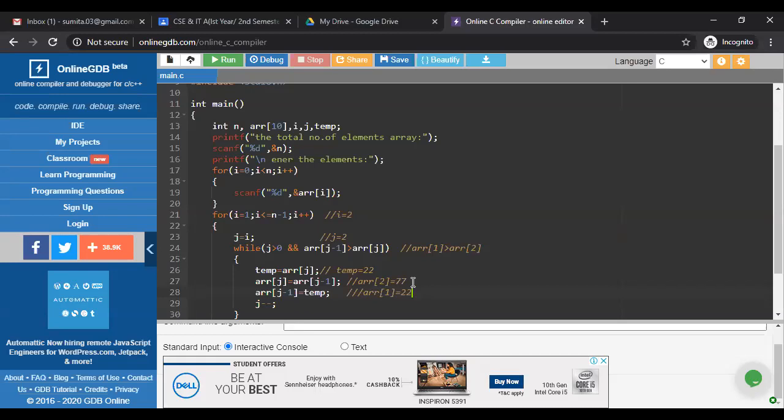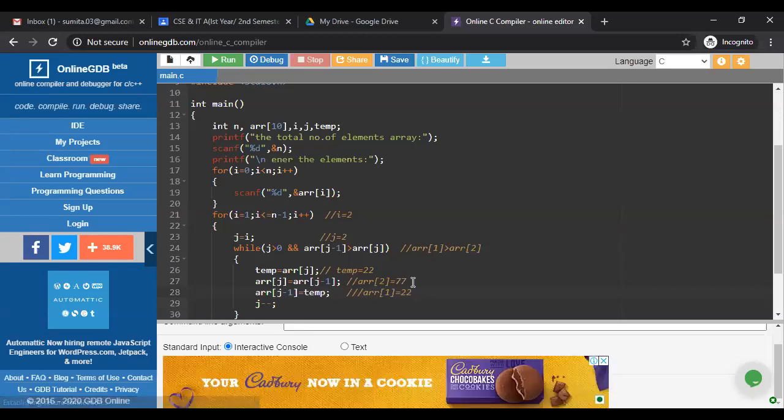So according to that logic, we have already compared 22 and 77. Now there is one more existing element in our array, which is 44. So now the comparison is between 44 and 22. Again, this whole thing is happening for 22 and 44. But remember that the index number is totally changed because now J is not 2. J is minus minus. So now the loop is executed the second time.